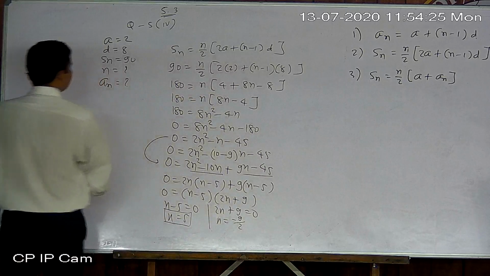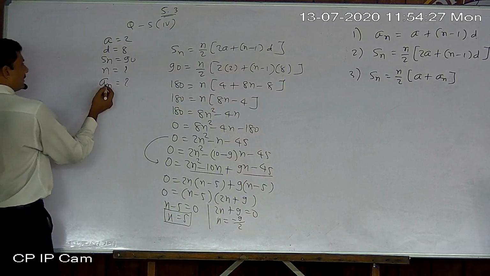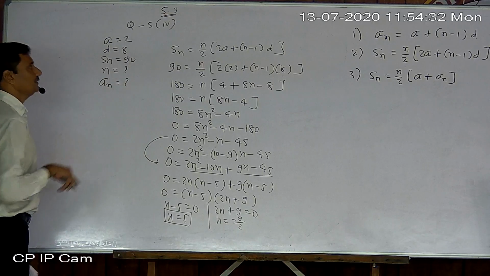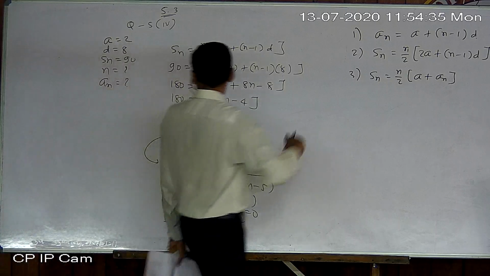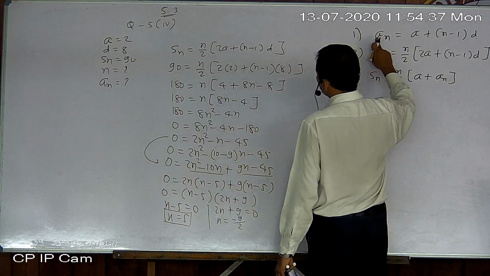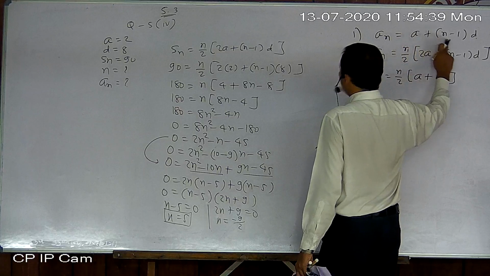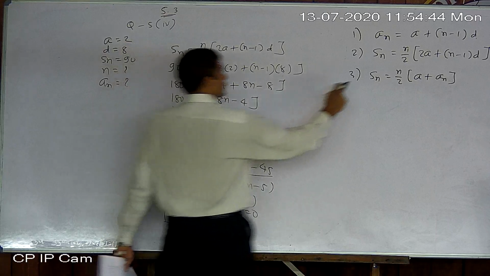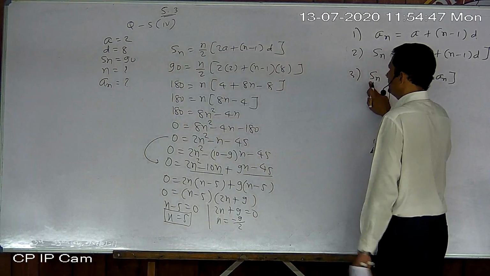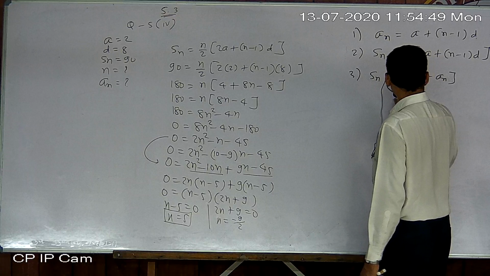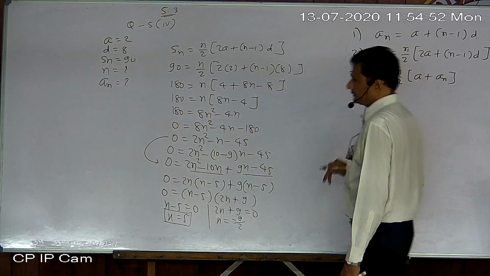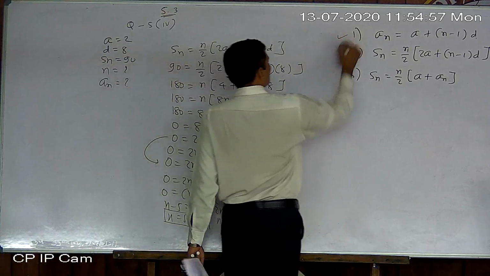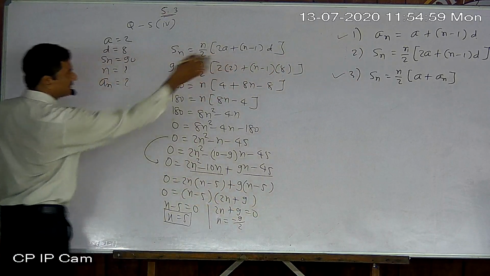Now a. Now a_n you can find from the first one also and the third one also. Look here. In the first one, n is not given, but a, n and d. n we found and everything is there. Otherwise look here, S_n is here. n we found, a is given. So either use the first or the third. But we mostly use the first one.